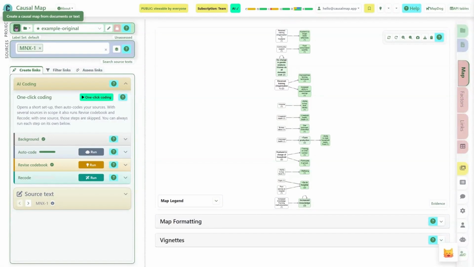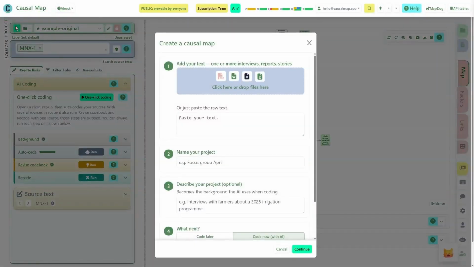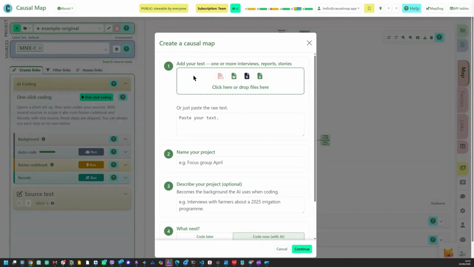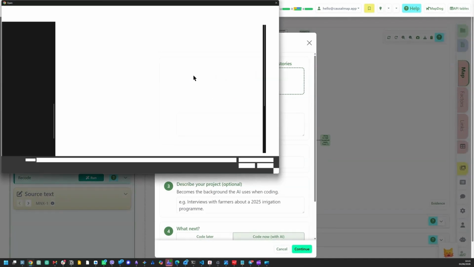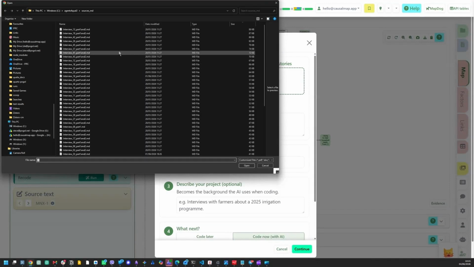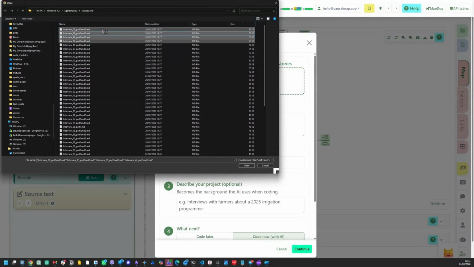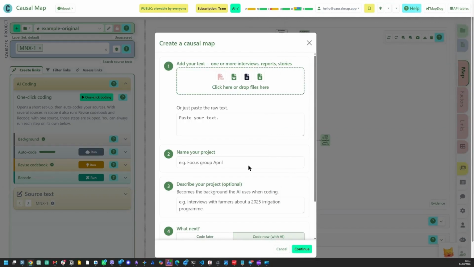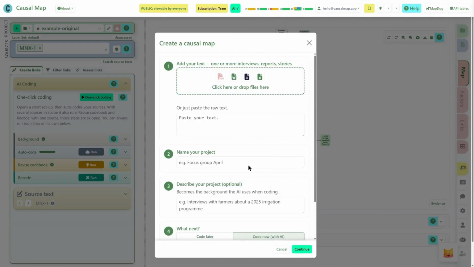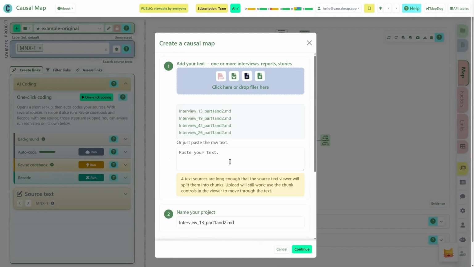Great. So what I'm going to show you now is automatically AI coding multiple files with Causal Map. Here I'm uploading a bunch of text files. It could be Word files or PDFs, whatever you like, as many as you want in principle. I'm selecting them with my file browser, and then the app will swallow up all of those files, extract the text,